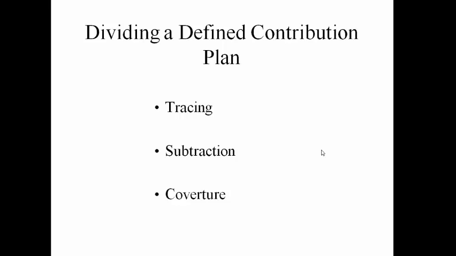In the subtraction method, we take the account at the date of marriage and we subtract it from the date we selected. Let's say we had selected the date of complaint. And that subtraction will give us an amount to divide. But keep in mind, when we use this method, all of the investment experience that is applicable and attributable to the premarital account will fall in that subtraction.